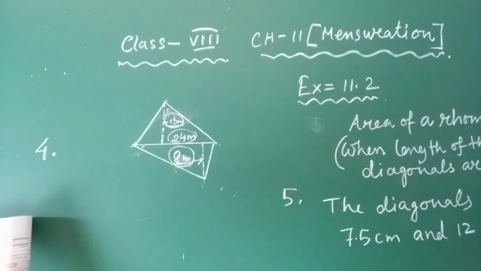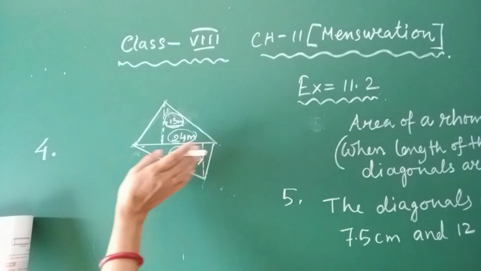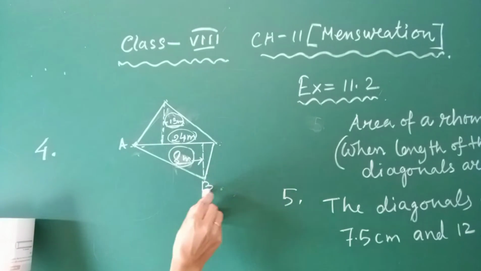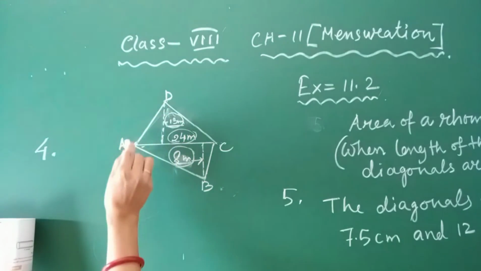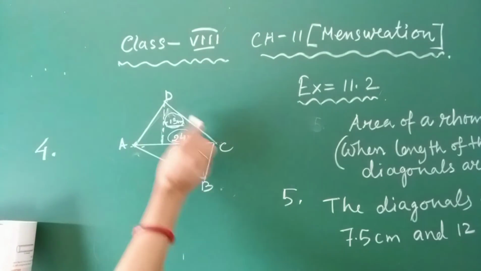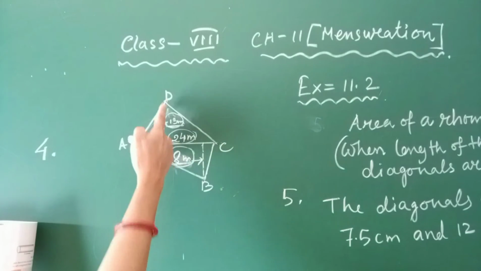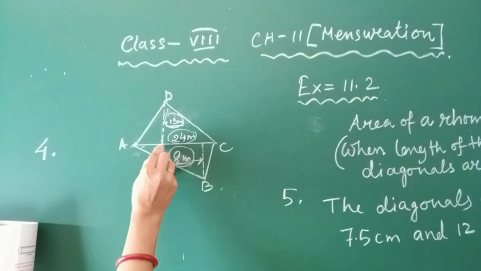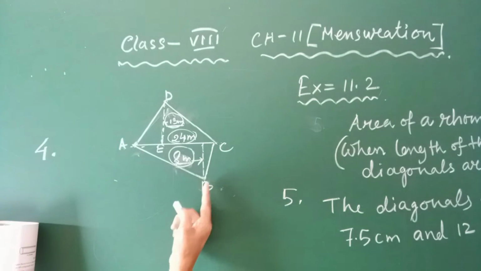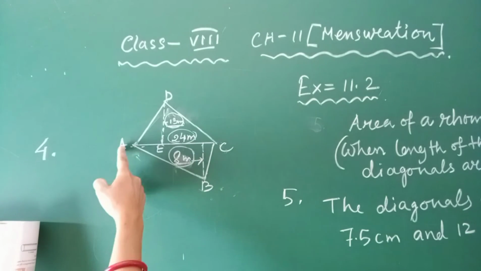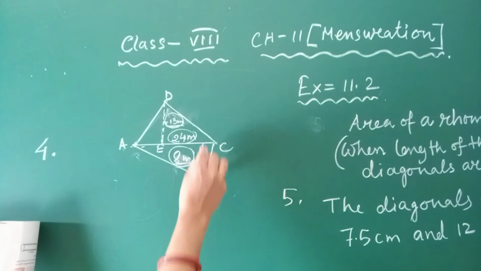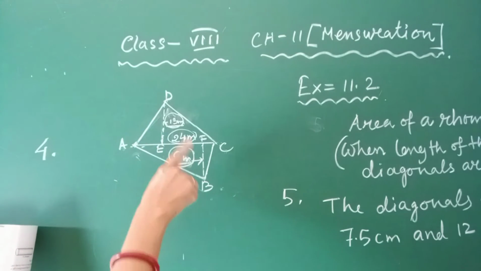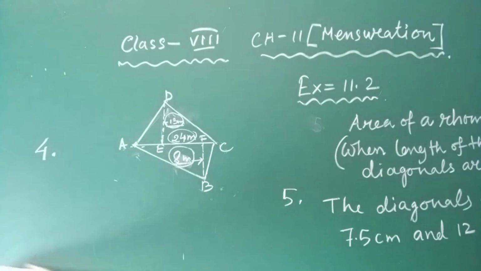Now you know the area of a triangle. How to find the area of a triangle? Say I am taking the name of this quadrilateral ABCD. Now take triangle ADC, area of the triangle is half into base into height, where base is AC and height is DE. And when we find the area of triangle ABC, AC is again the base and the height is BF. Understood? Now you need to find the area of this quadrilateral shaped figure.